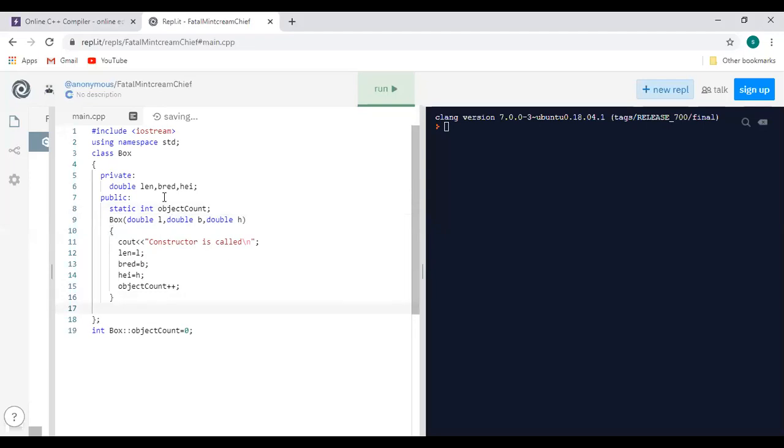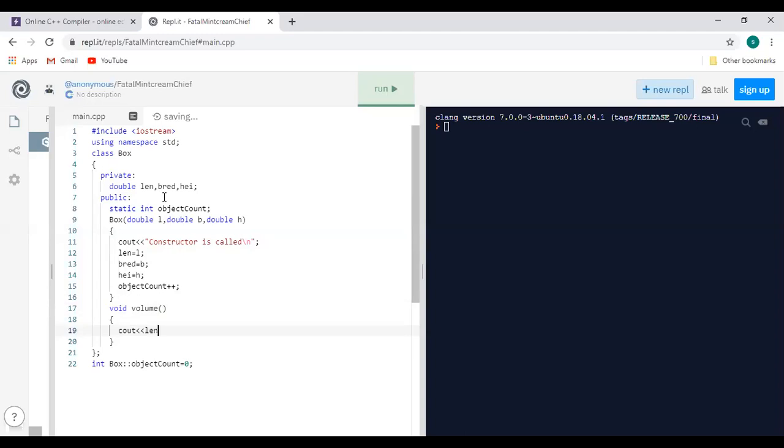Now, no need to create the volume method because we have not called that method. If required we will call it. So I will create that method, void volume. We will directly display that, so cout. How are you going to calculate it?